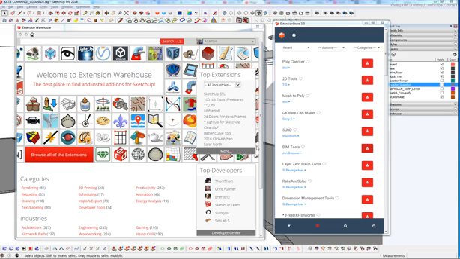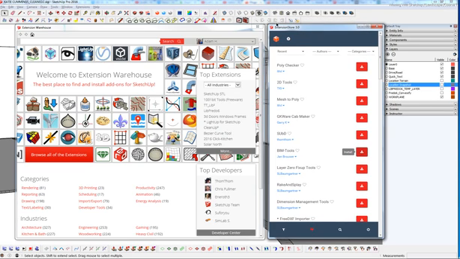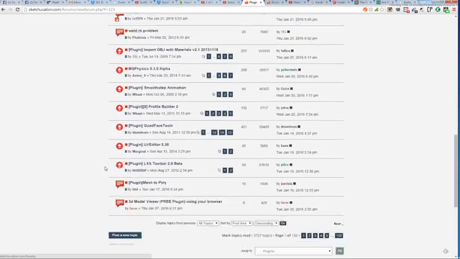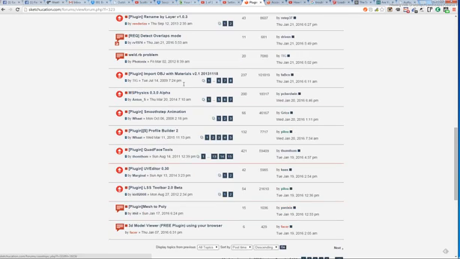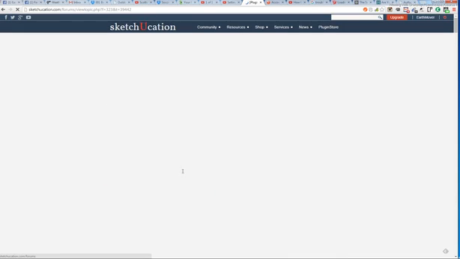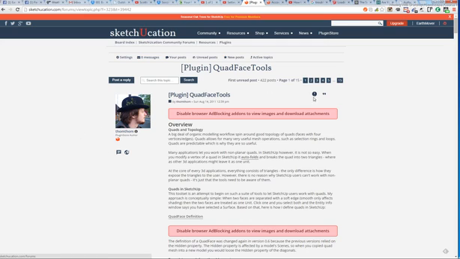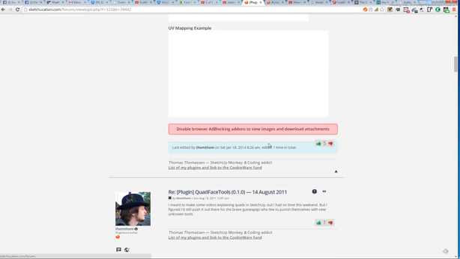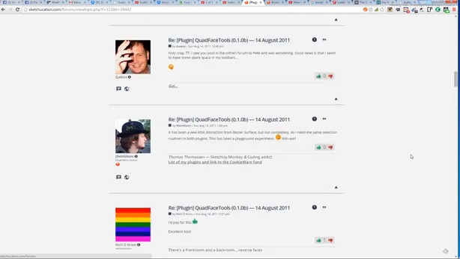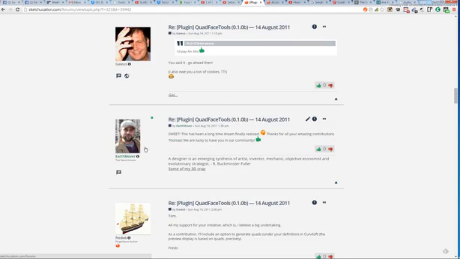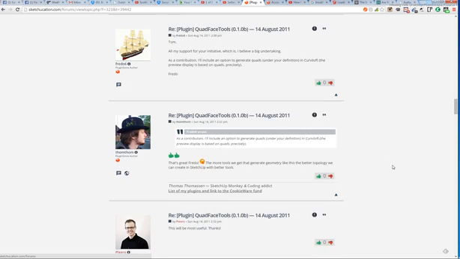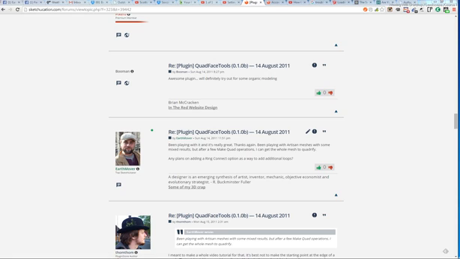So when you're looking at the extension store, it's really a link to the Sketchucation forum and to this thread specifically where all of the plugins are hosted. And in the old days, when we wanted to download a plugin, we would go to the forum and go into the forum thread, and we would go down, and the plugin information would all be there, and then there would always be an option down at the bottom to download the plugin and then to go through and discuss. There I am. This is back in 2011, talking about the plugins and asking questions,